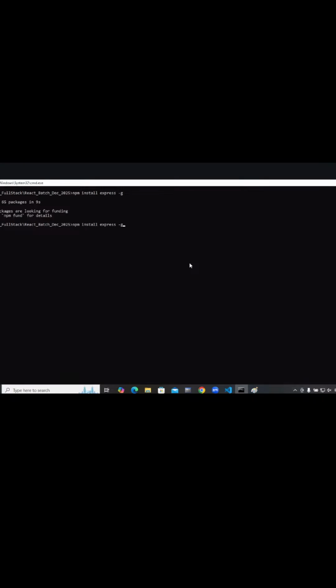Okay, this is installed. After this, there is something called Express Generator. Why are you installing this? This will help you create the boilerplate code. What is the folder structure? What are the basic files you want? App.js, routes, views, package.json. All those things will be automatically created by this tool. That is why I'm installing this. Now this is also done.